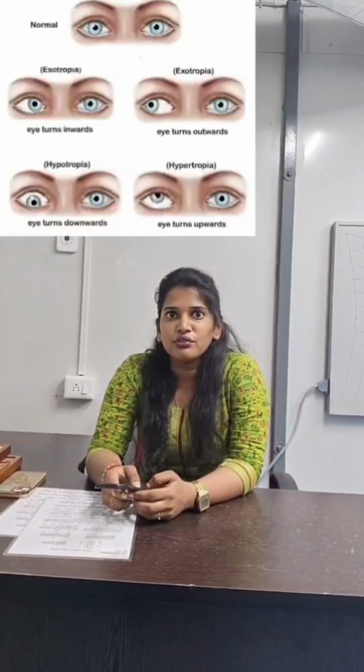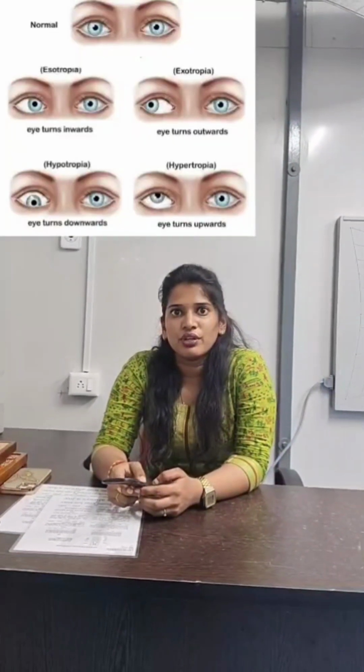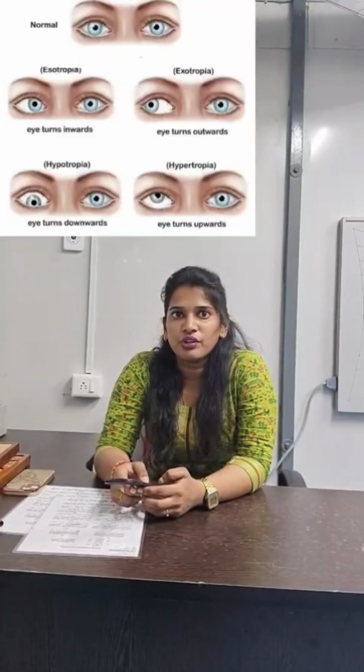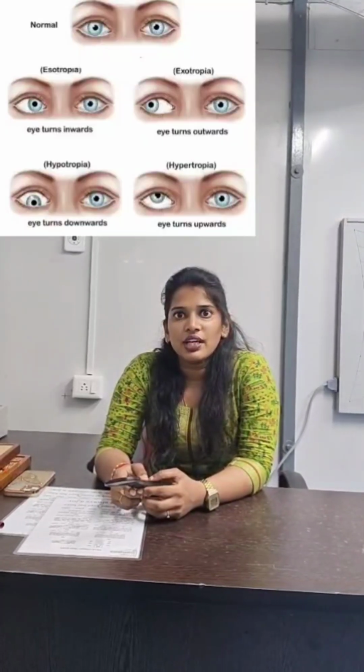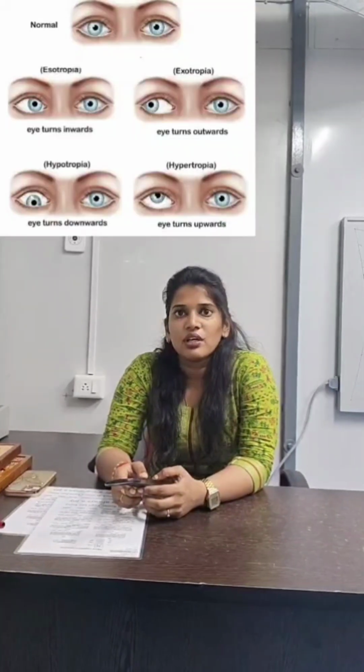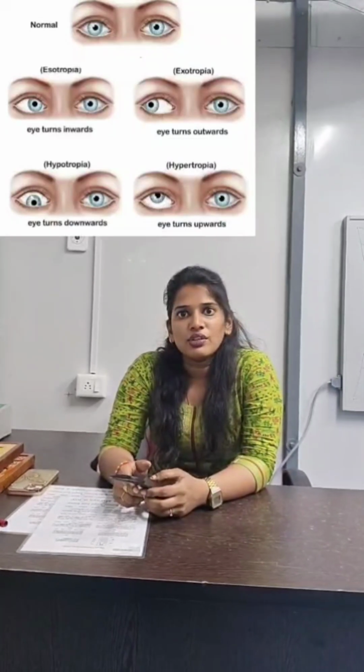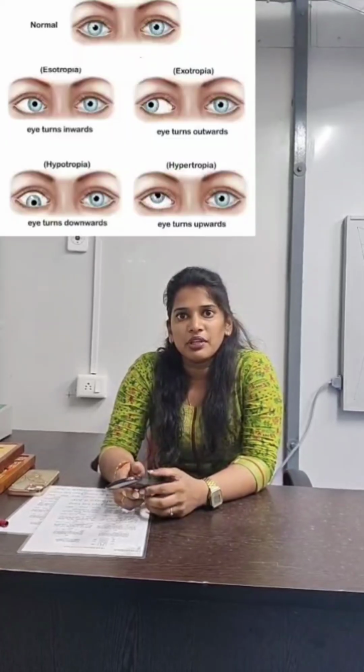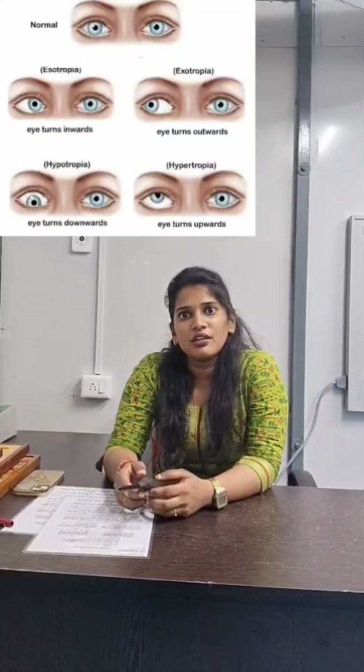Based on the deviation, it is again classified into esodeviation, exodeviation, hyperdeviation, hypodeviation. If the eye is deviated outward, it is known as exodeviation. If the eye is deviated inward, it is known as esodeviation. If the eye is deviated upward, it is known as hyperdeviation, and if the eye is deviated downward, it